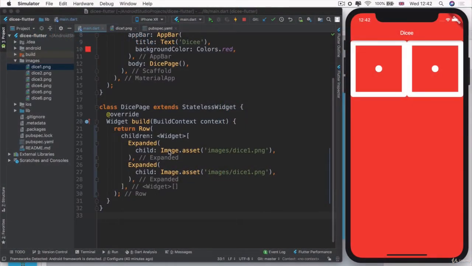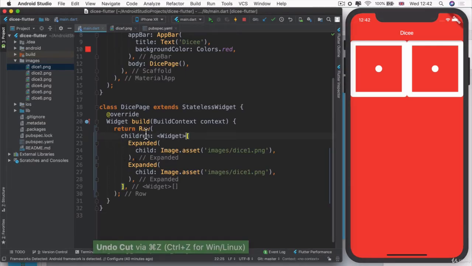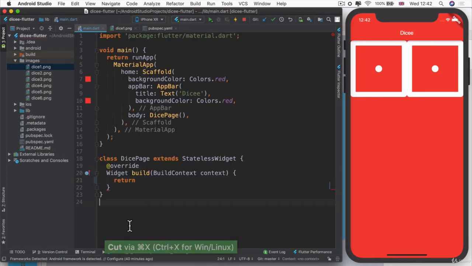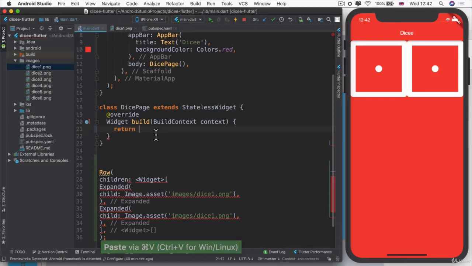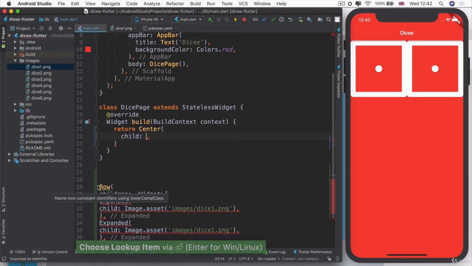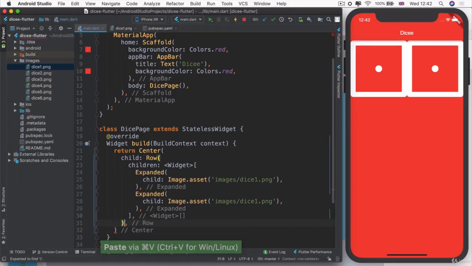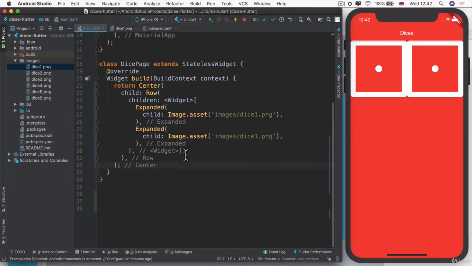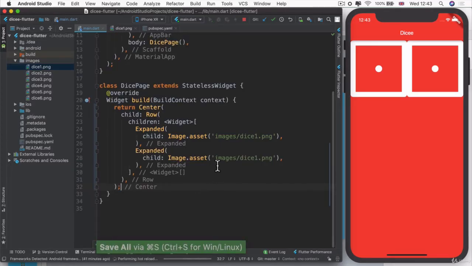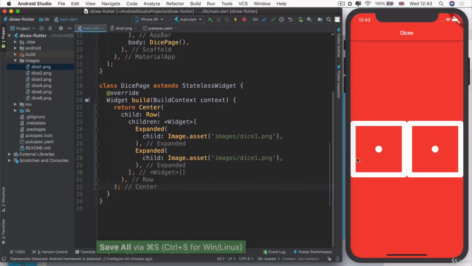Previously, whenever we needed to embed a widget inside another widget or add another widget somewhere into the widget tree, we've always taken our widget out, say remove our row widget here and all its children, and instead return something like a center widget, which has a child, which is now going to be the row widget. And you can see that when I put that in there and I delete all the parts that I don't need, and I move that semicolon down to the closing bracket for center and add a comma there, then you can see that this does what I need it to do, which is to move our row into the center